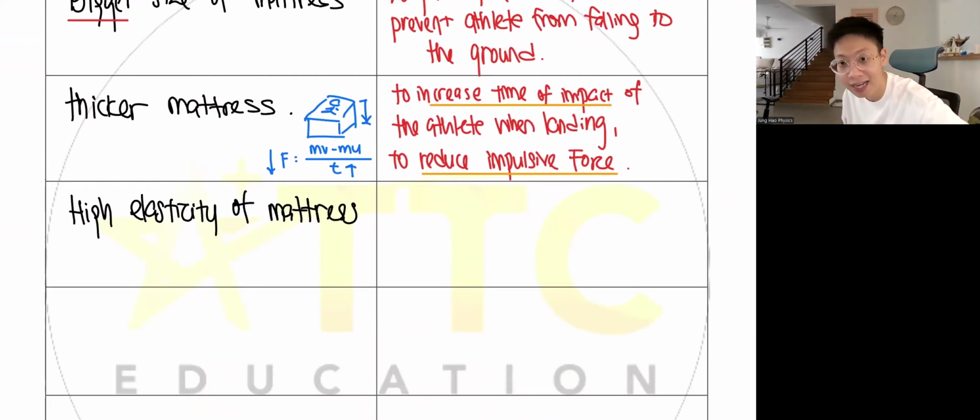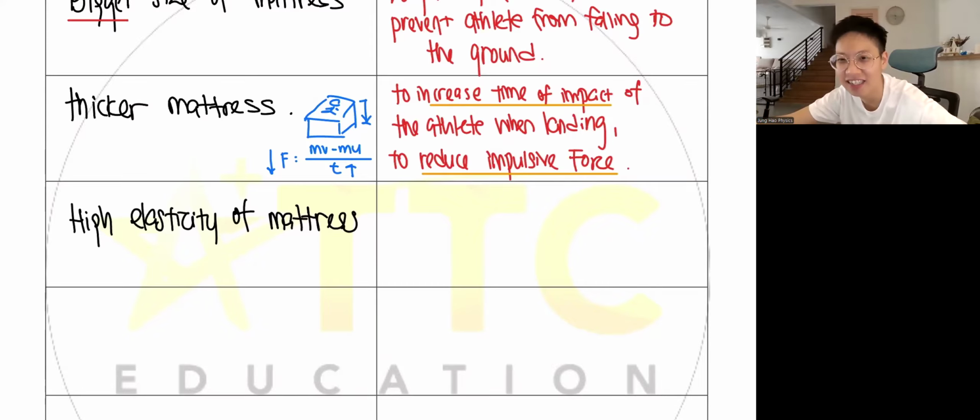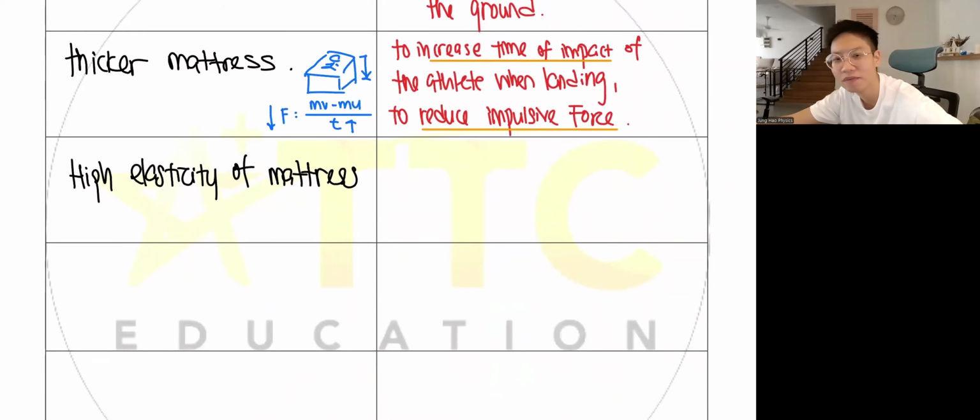Why would you not want your mattress to be highly elastic? Later you bounce out of it. So Megan will be like, "Pong," then bounce off, and then die. You make the thing bigger. Bro, this is high jump, you know. Not jump off a cliff. More elastic mattress, high elasticity.